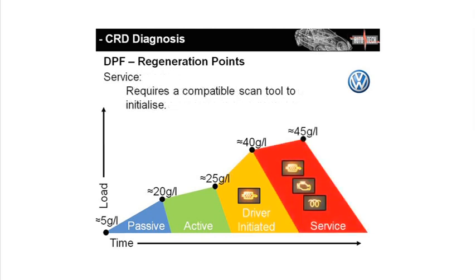If the customer ignores this light and contamination increases to between 40 and 45 grams per litre, another 2 warning lights will be illuminated on the dashboard. This means the DPF will need to have a service regeneration conducted using a scan tool. At this point, passive, active, and driver-initiated regenerations are blocked by the PCM because of the risk of damage to